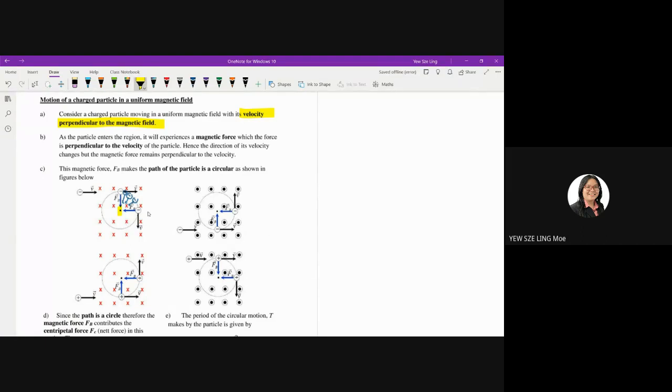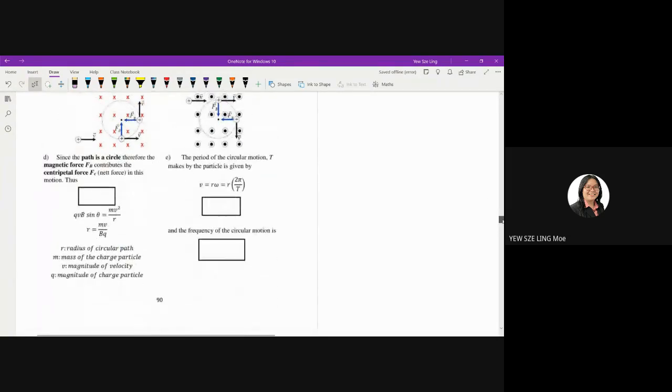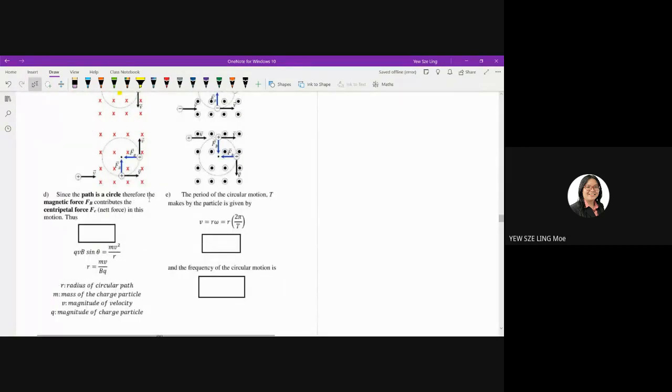So it doesn't matter what charge or what type of magnetic field you are looking at. As long as they fulfill this condition, V perpendicular to B, they will give you a circular path. It is very important in calculations. Why? Because since the path is a circle, we can use centripetal force in this motion. Remember, centripetal force,